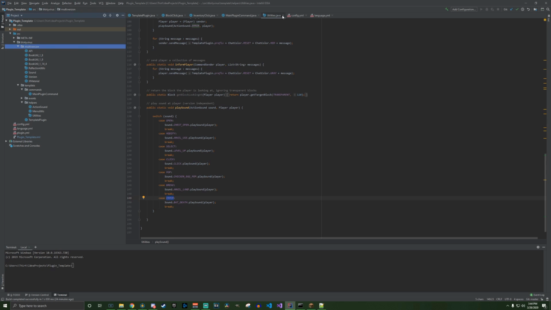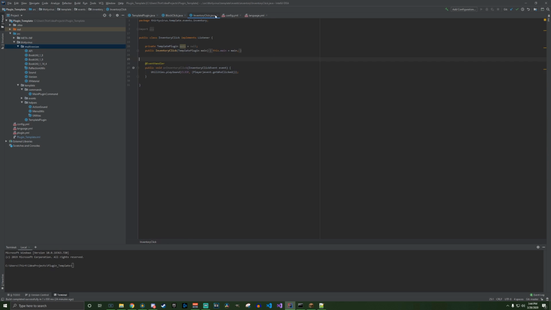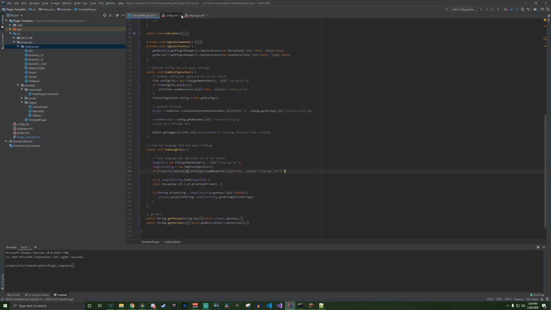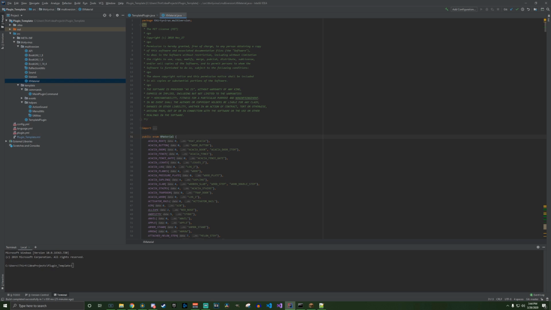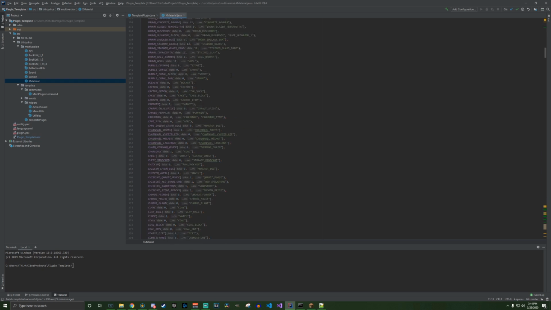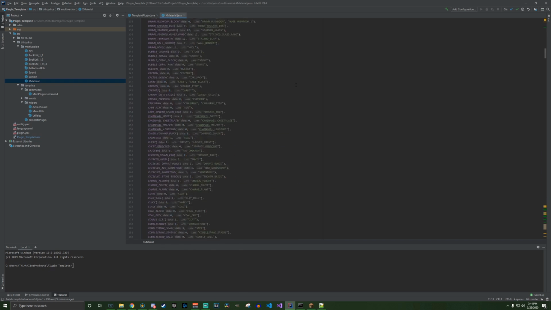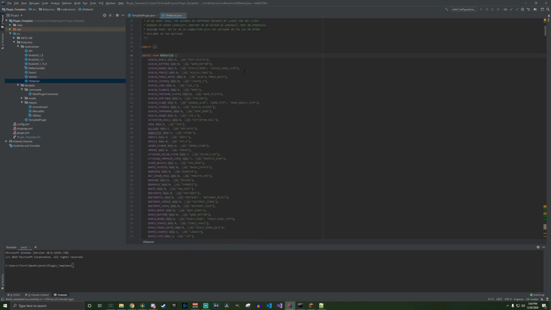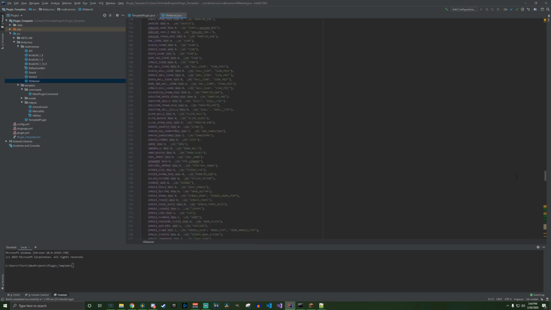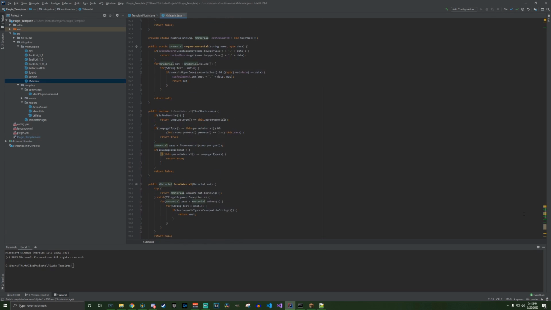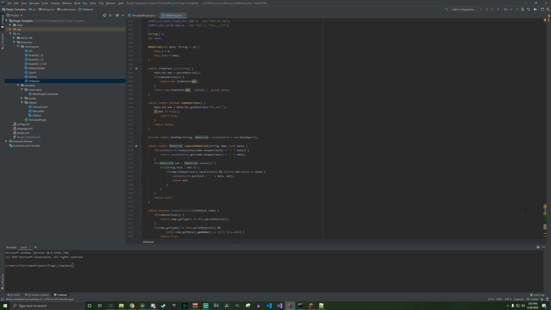Multiversion is a little API that a friend of mine made, and I've been piggybacking off of it for a while to make this plugin do what I want. All you really need to know is that this X materials file would need to be updated, but basically the way it works is that you can get materials, use materials using this class, and it will universally translate it between versions instead of having to reference, say,